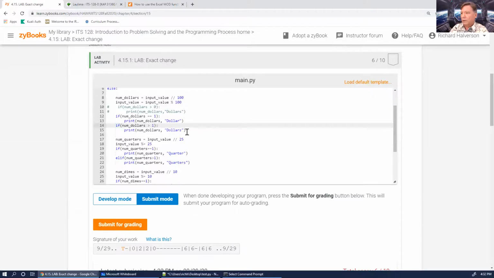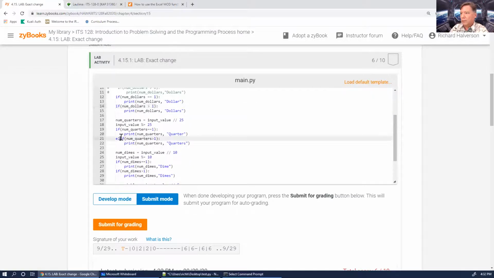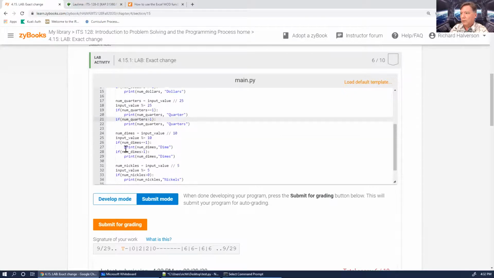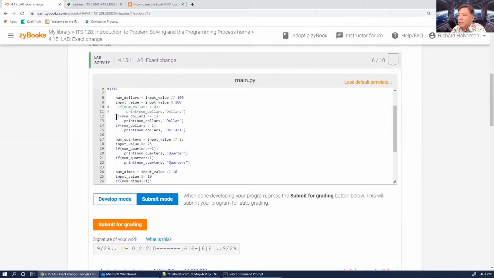It's actually okay to do this because, in fact, we did that here because these two together will never happen. It'll never be num dollars is equal to 1 and num dollars is greater than 1. So because these ifs are going to be mutually exclusive, in other words, it'll never be the case that both of them are true,